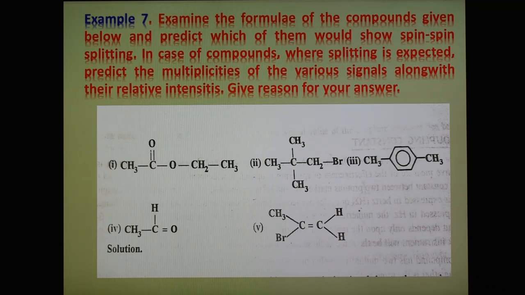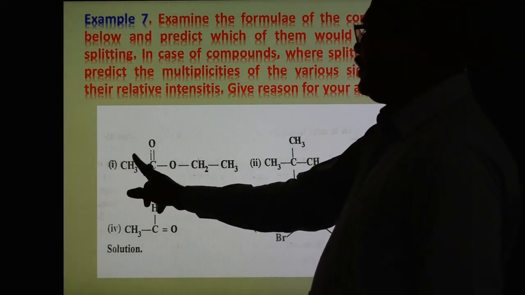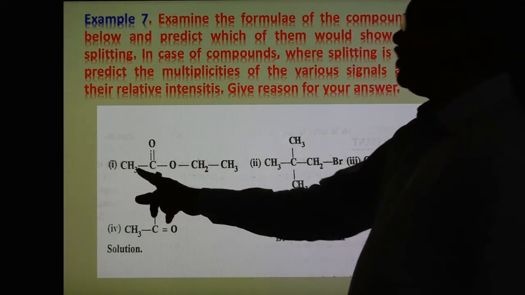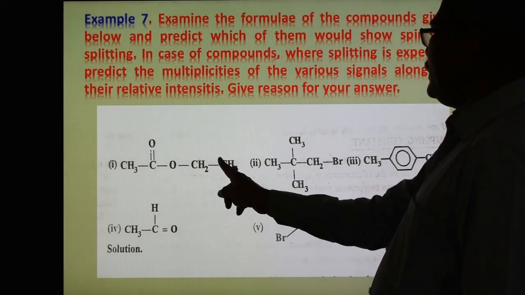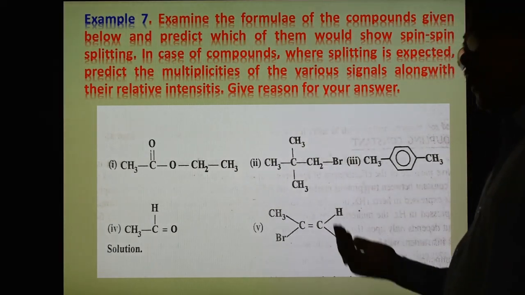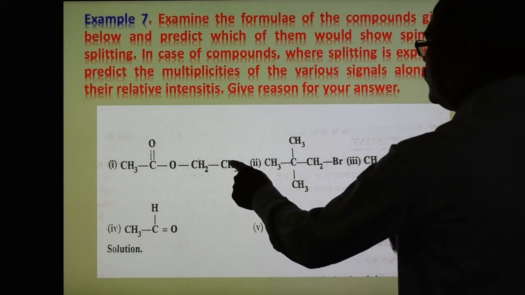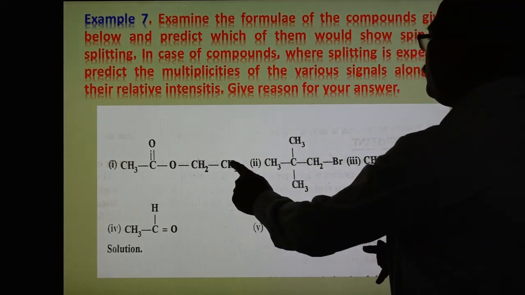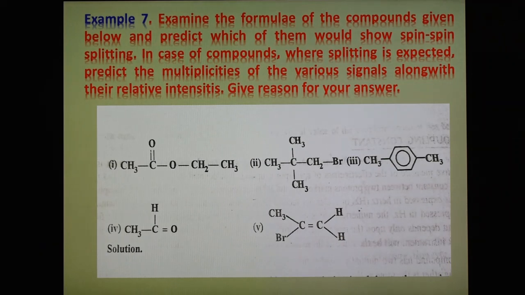So in this way we have to explain this first compound. These two are adjacent, therefore they can split, but there is no proton on the adjacent atom of the other CH3, therefore it cannot split. So for this a triplet and for this a quartet. See how many protons are present on the adjacent atom, and plus 1 we have to do. So in this way we have to find out. For CH3, 2 protons are here, plus 1 is 3, a triplet, and for this CH2, 3 protons are here, plus 1, a quartet. In this way find it.